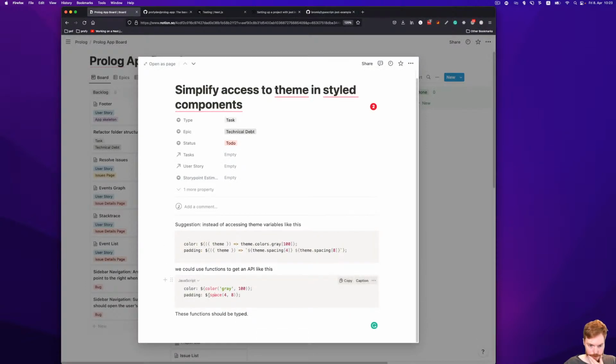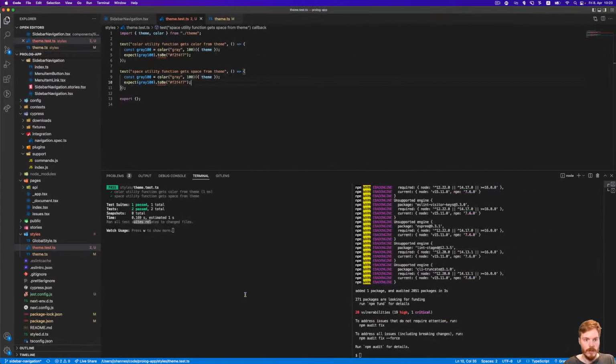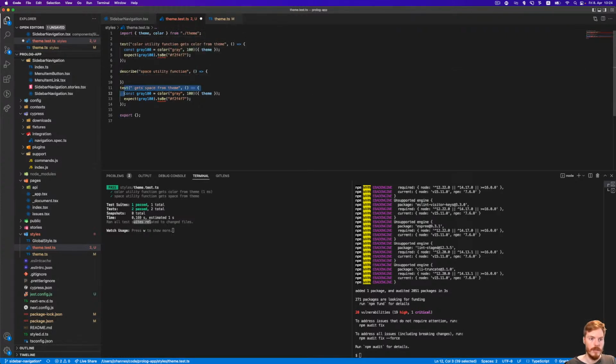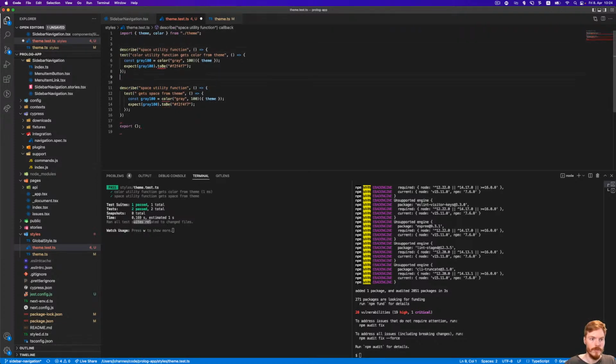So basically I want to have space, so be able to use the space in any padding, margin, like these CSS attributes. So we can actually, these will have a few more tests, space utility function. So we can wrap it like this. Then maybe also just for consistency,